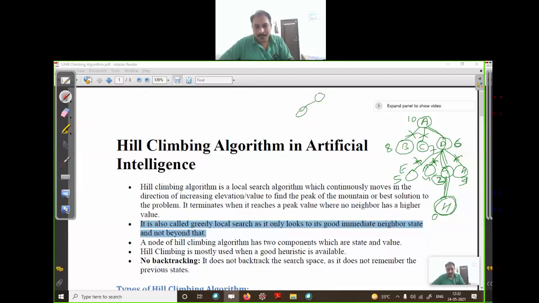Now see one more. Suppose the heuristic value of this node is 10, and the heuristic values of its successors are 11, 12 and 10. In this case, which path, which successor will it select for the next move?